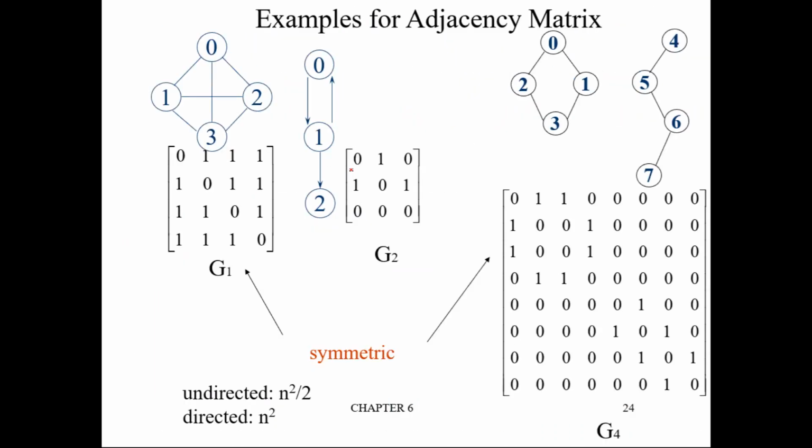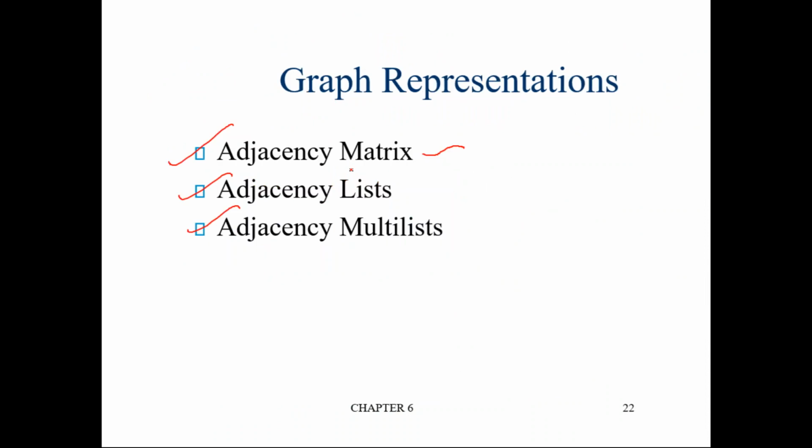So at the top level, you have three types of representation. One is adjacency matrix, next is adjacency list, and the third is adjacency multisets. The commonly used one is adjacency matrix. Even though it has a complexity of order n squared, mostly people follow this adjacency matrix type. Maybe for programming convenience, we can follow the adjacency list. So these two are the very crucial things. Let us stop here. Thank you.